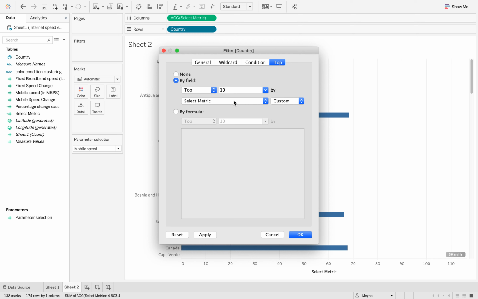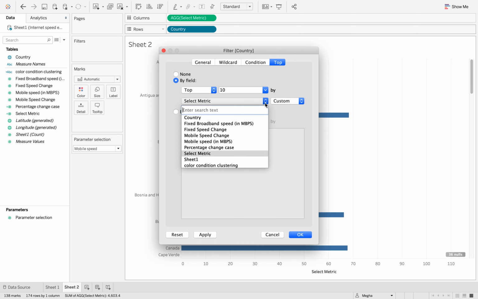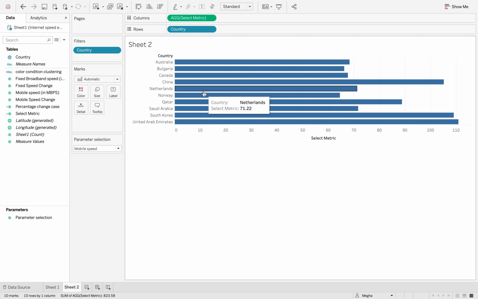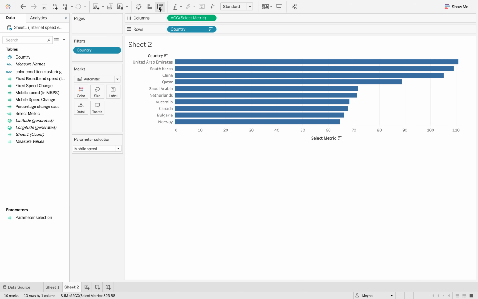Here you can see that it has automatically taken by field. If it is not taken automatically, then you can just click on this particular tab and select the select metric from the drop down menu and click OK. Move it and change it into descending order.